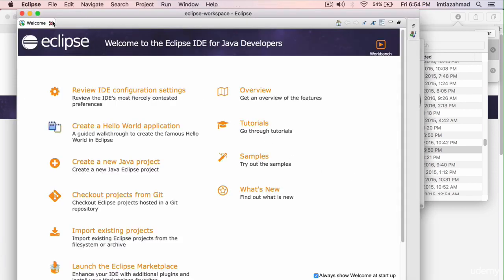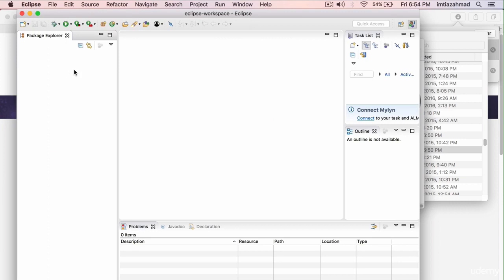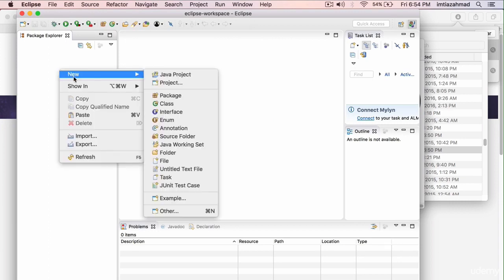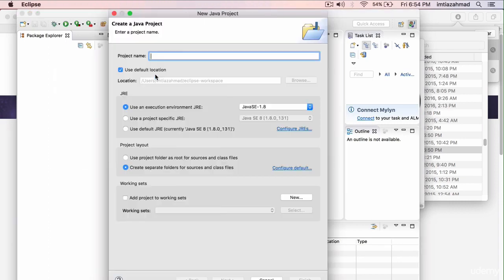And there you go. We've got Eclipse running. And if I want to create a Java application, I could just right click, go to New, Java Project, and then I'll name this project Test Java 8. And the execution environment that I want,